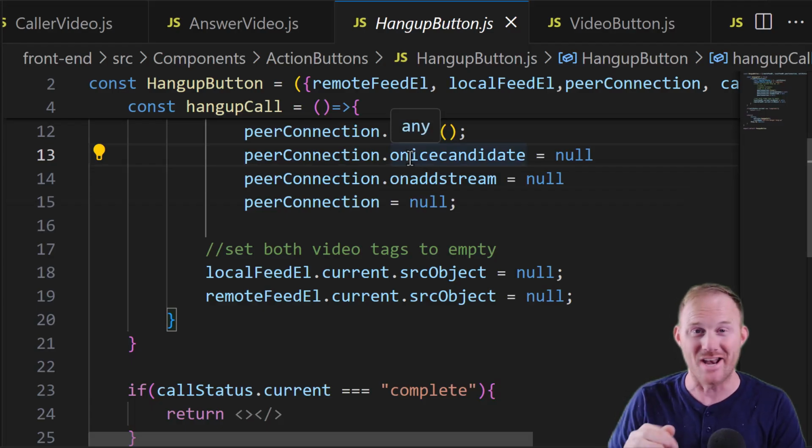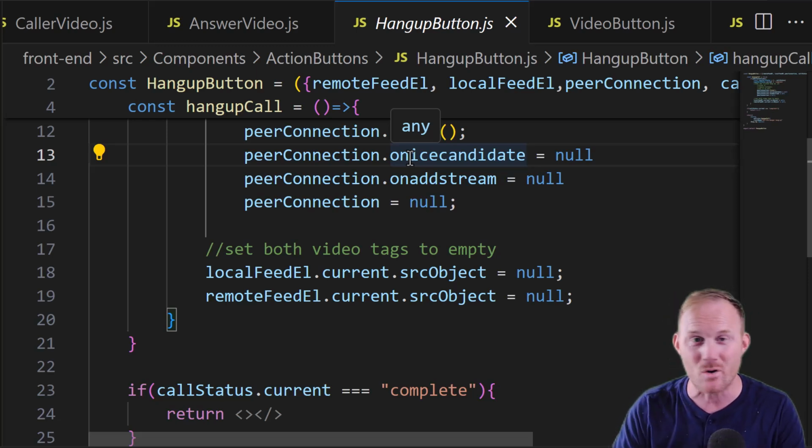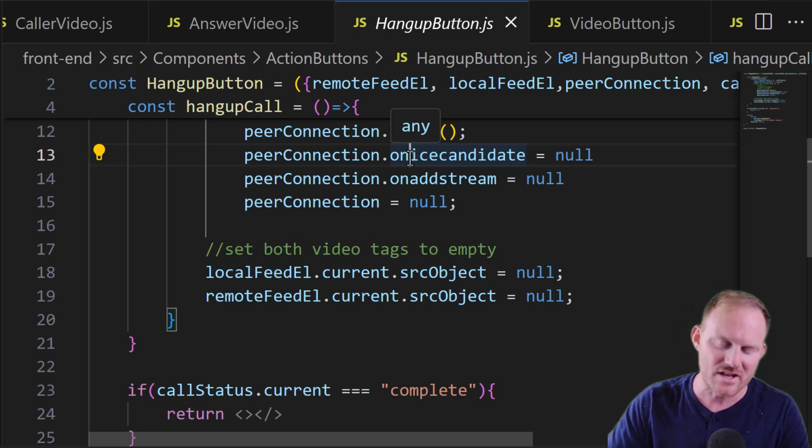That is a ton. We've got 3 moving, confusing parts: our signaling server doing socket.io or WebSockets back and forth, WebRTC doing its thing, React doing its thing, and then of course the caller and the offer internally are doing their things. So many things to keep straight, but it is so gratifying, and there are so many wonderful apps that need to be made with WebRTC that you have a good